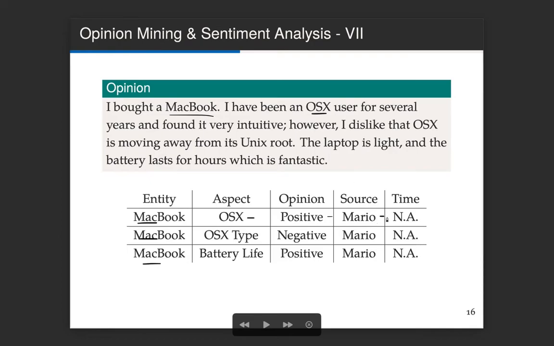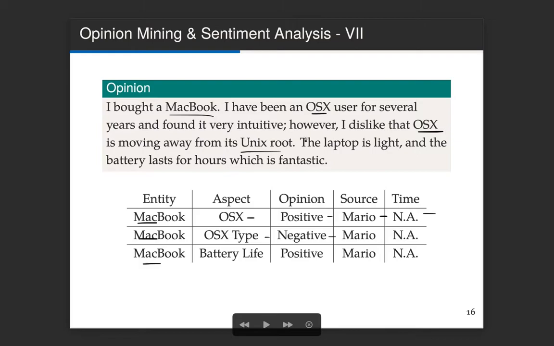Of course, I'm the one making the opinion, and the time is not relevant here, so it is not available. However, I don't like another aspect, which is that OS. It's very hard to figure out automatically, because I'm talking about the operating system, but I'm talking about the type of operating system, which is another aspect, and it's kind of negative.